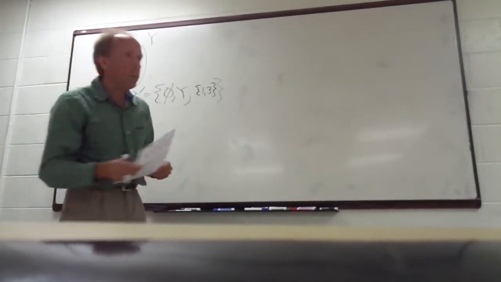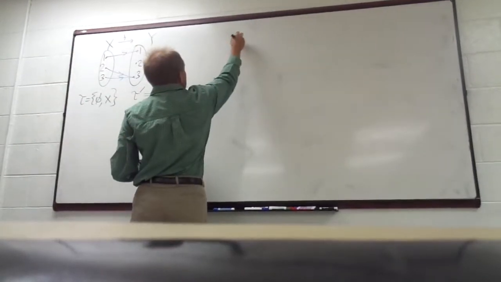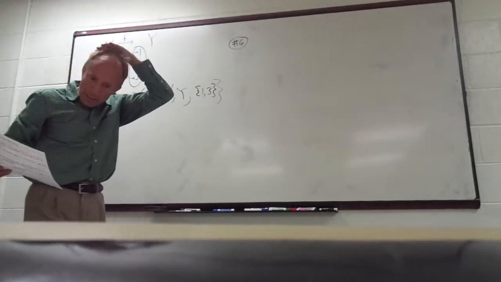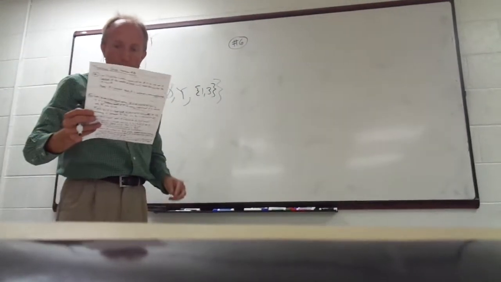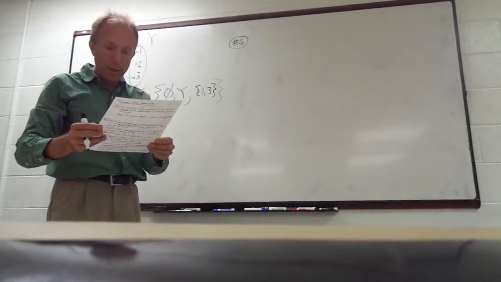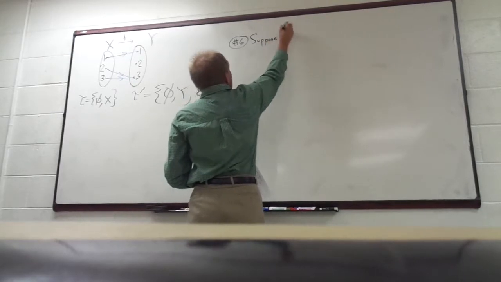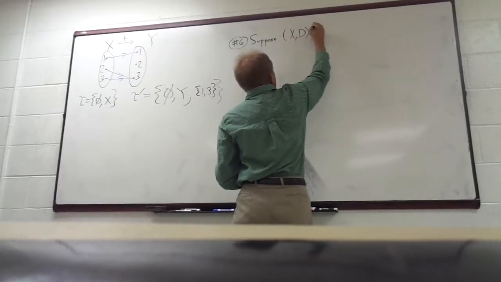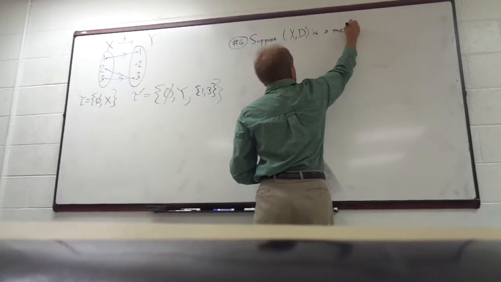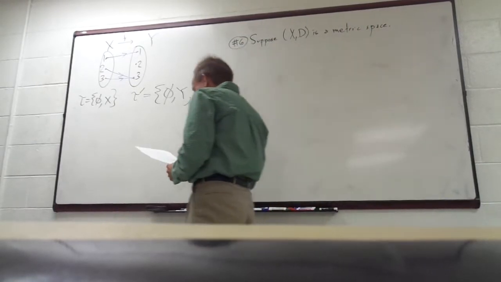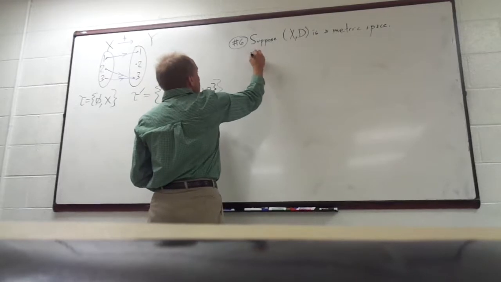Okay, and this is actually number 6. This is something I mentioned in class, and then I just didn't have time to prove it. So suppose (X, d) is a metric space. So we're actually going to go back to metric spaces again. Prove that